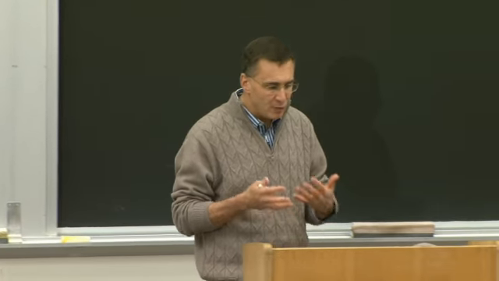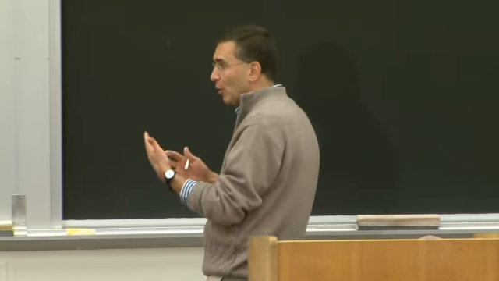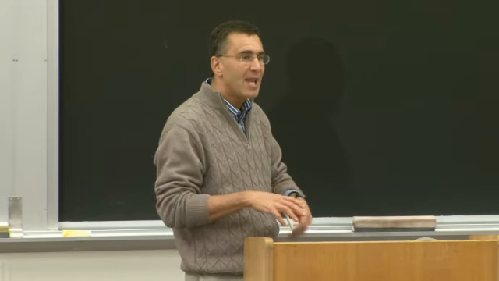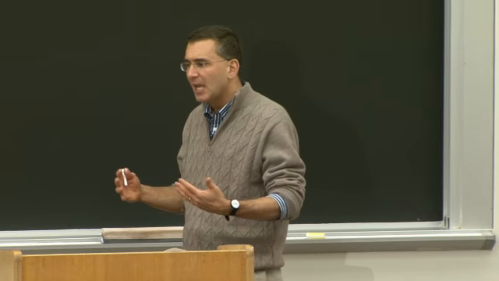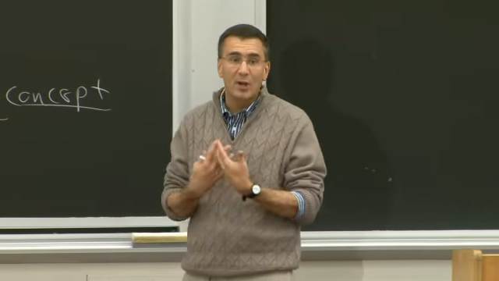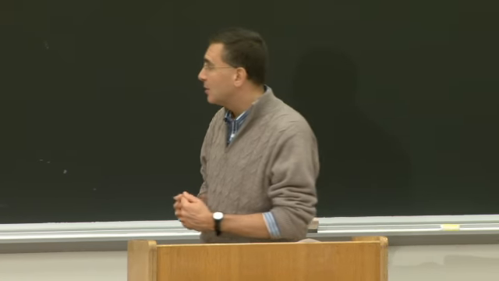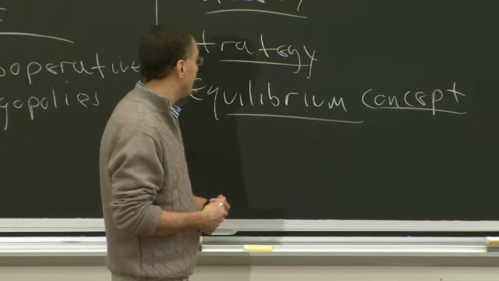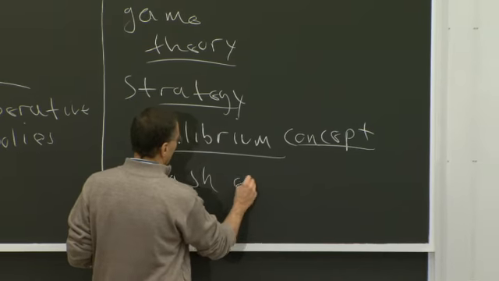What determines whether you've reached equilibrium, whether you've reached a point where the market is stable and therefore the game is ended? Not end in the sense the firm shuts down, but end in the sense that you know what everybody's doing. So it's not quite like winning or losing. It's more just what determines when that market is at equilibrium. Okay? Now the most famous concept is due to John Nash, who many of you have heard of from the movie and book A Beautiful Mind, and that's called the Nash equilibrium.